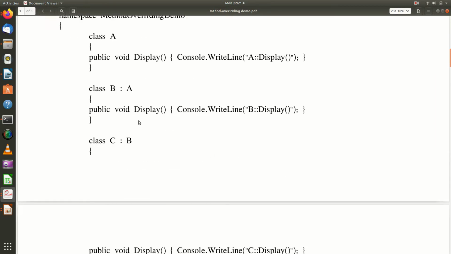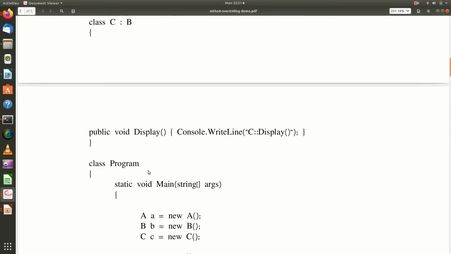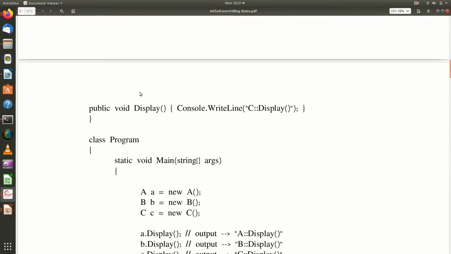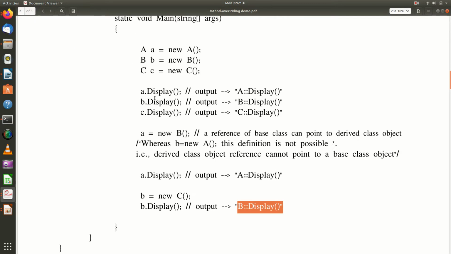all the three have definitions for the display method. Only the objects of that particular class can invoke the display method. If the reference is different, depending on the reference type, the display method will be invoked.